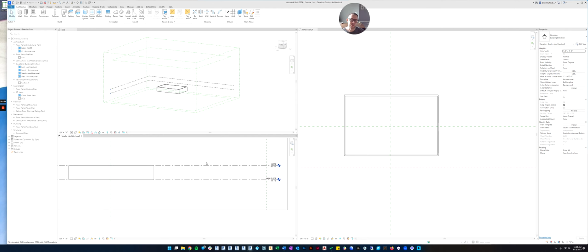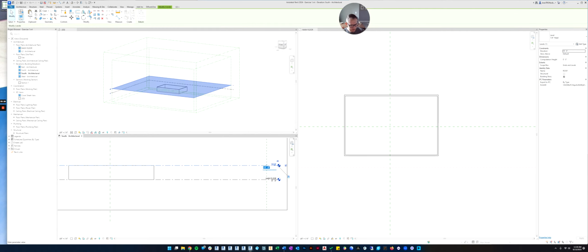So that is why I associate it with levels, because if you ever have to change things in the future, it makes it way, way easier. If you had 400 walls because you were working on a big project and someone needed you to change the height, it would be a big deal to try to change all of those walls if they weren't associated with a level. But if they are associated with a level, it's very easy. So let's put it back down at 9 feet.